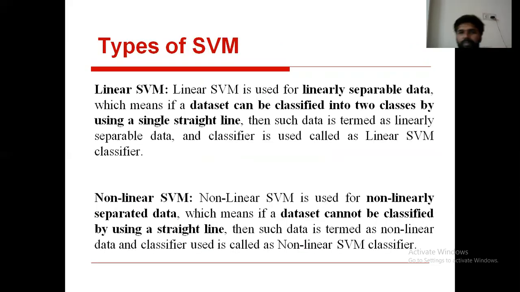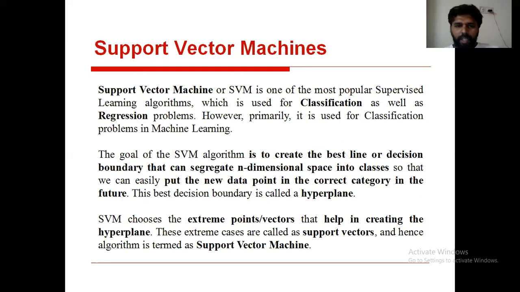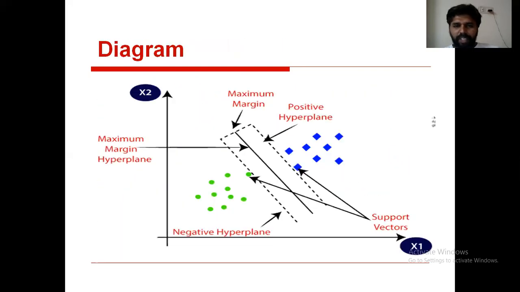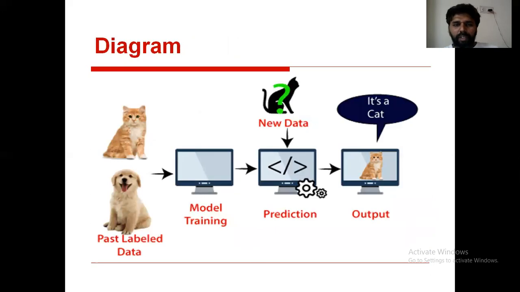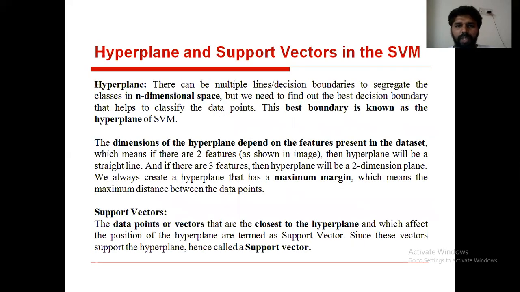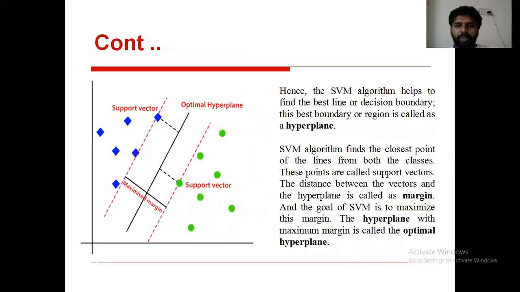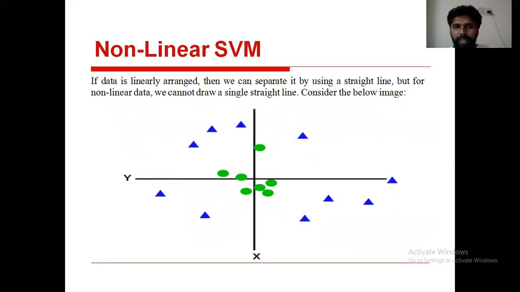This is what we need to discuss under types of SVMs. Sometimes you may get a question like this: what is SVM, and what are the various types of support vector machines available? At that time, you need to explain what a support vector machine is, and you need to explain with the diagram also. Then you need to explain the types of support vector machines. There are two types: linear support vector machines and non-linear support vector machines. With the diagram, you need to explain.